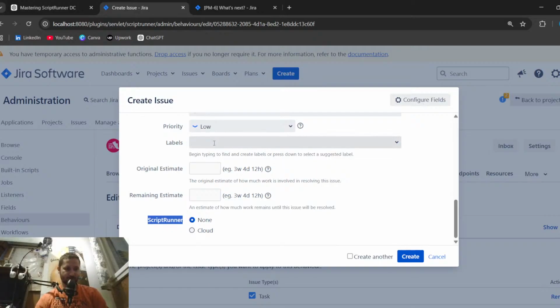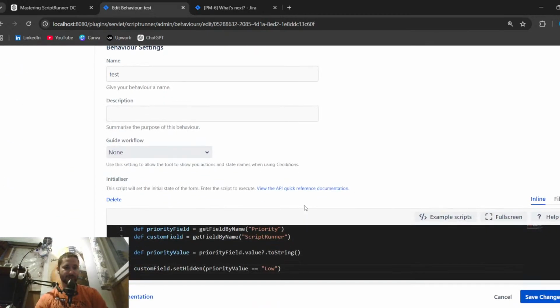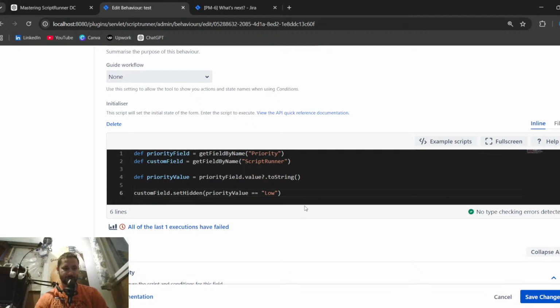And it's still showing. And it's not supposed to be like that. So priority, this is fine, and this is fine. Priority value, okay, I understand. Using this protector safe